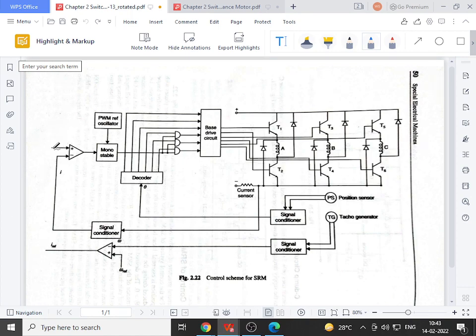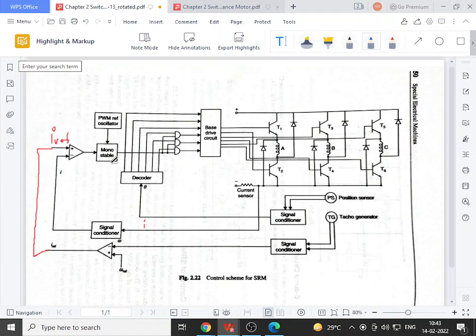So this is actually the close part. This is the reference, the I reference, and that I reference is compared with the stator current. Whatever actual stator current is flowing through these stator windings, this is the stator current or phase currents, or in simple words, the excitation current. So this reference current and excitation current are compared, and the output of this second current comparator is given to